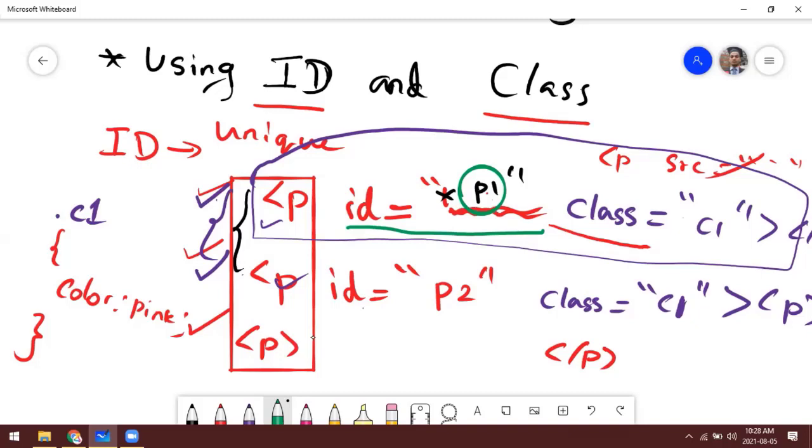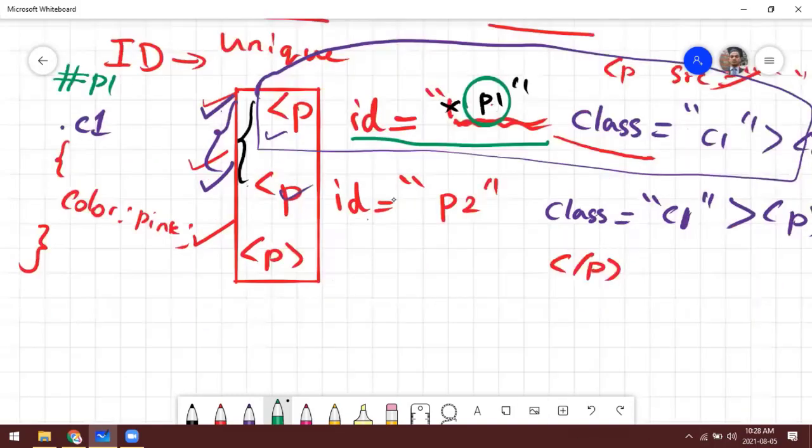So it's very safe to use. Now we are going to reference ID. If you want to reference ID, you have to use the hash, then the ID name. There's a syntax for referencing ID. So here, what's the ID name? P1.